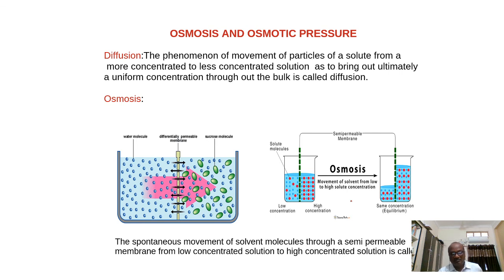Okay, so what is the concept of osmosis? What is the meaning of osmosis? It is a spontaneous movement of solvent molecules. There is no external support. Spontaneously the solvent molecules are moving through the semi-permeable membrane from low concentration solution to high concentrated solution. This is called osmosis. You clear? So in osmosis, solvent molecules will move from the solvent compartment to the solution compartment through a semi-permeable membrane. That is what you remember.